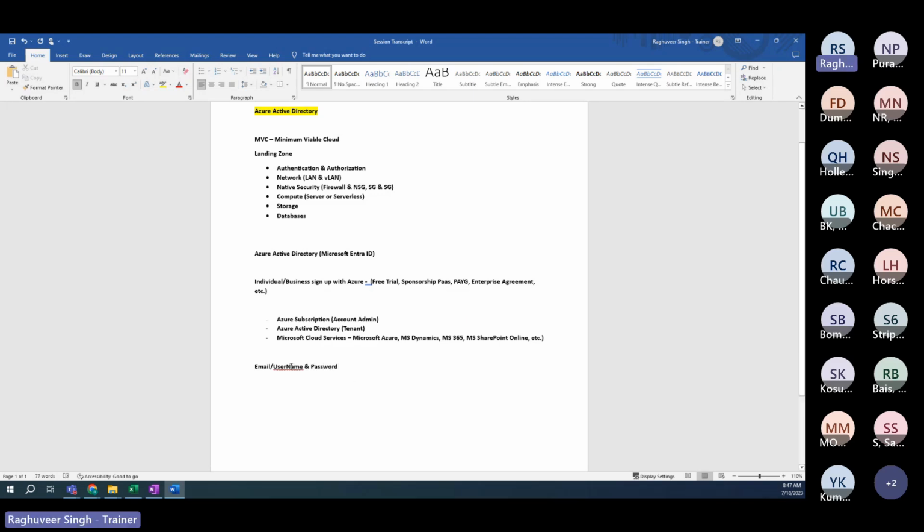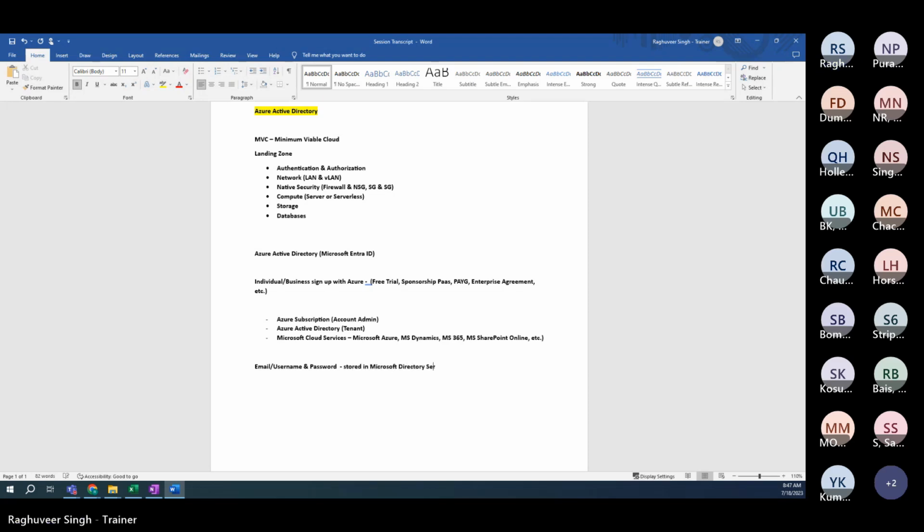This is what you provide. So when you sign up, you basically provide your email, username, phone number. Microsoft also accepts Skype ID and password. And with this information, you sign up. Now, this information, along with the additional information that you provide, will be stored in Microsoft